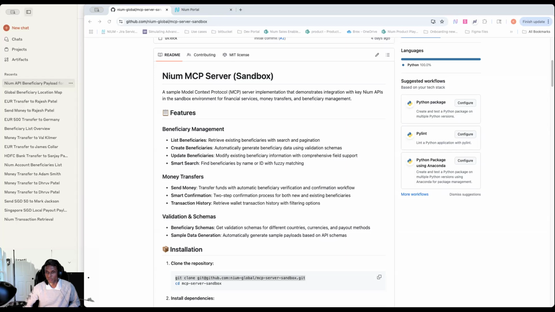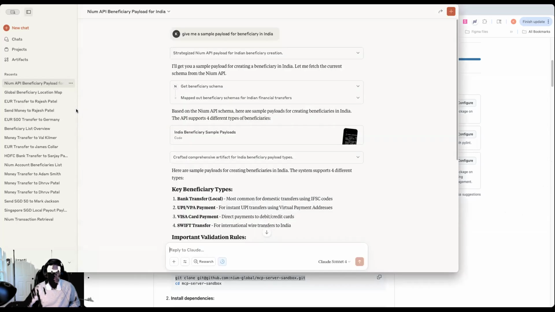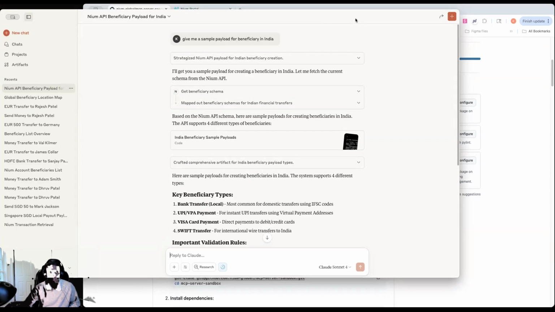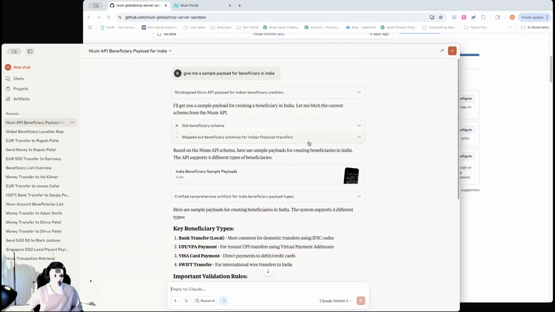The MCP server can orchestrate a workflow interacting with various Nium APIs, such as managing beneficiaries, looking up requirements for creating new beneficiaries, and even being able to simulate money transfers. So let's dive right into the demo. In this, I'll walk through 4 simple examples. First, get requirements for creating a new beneficiary in a specific corridor. In this particular example, I'll just say, give me a sample payload for